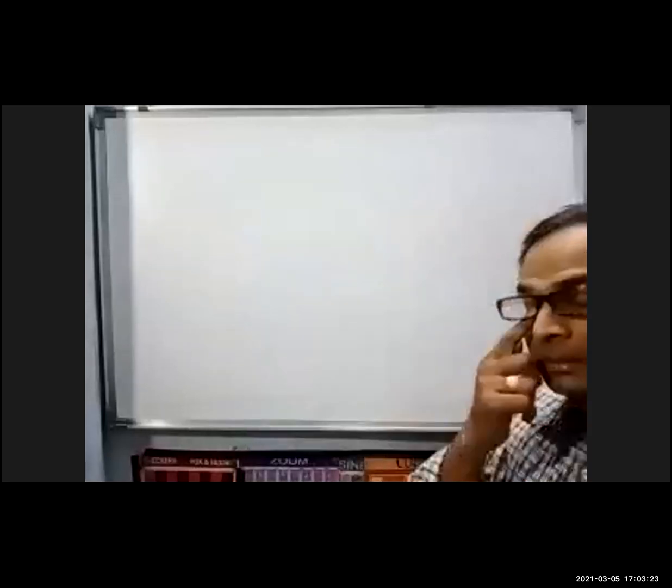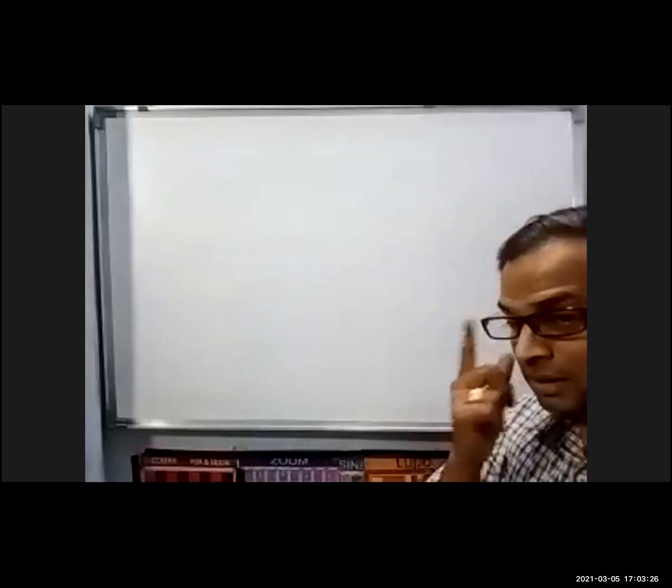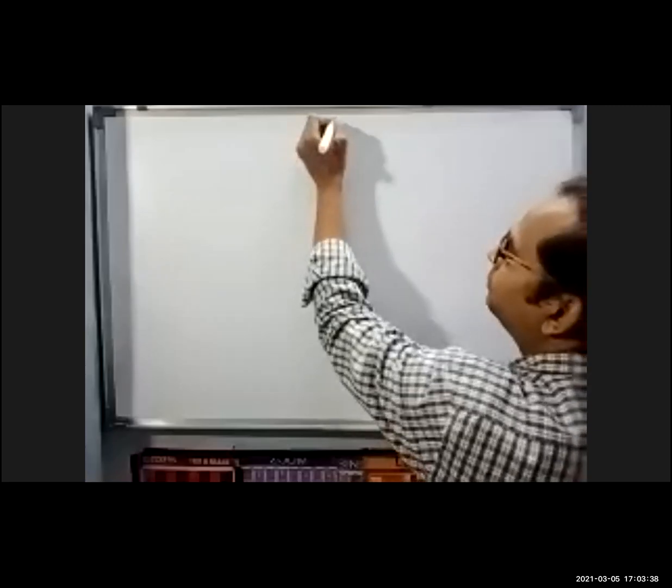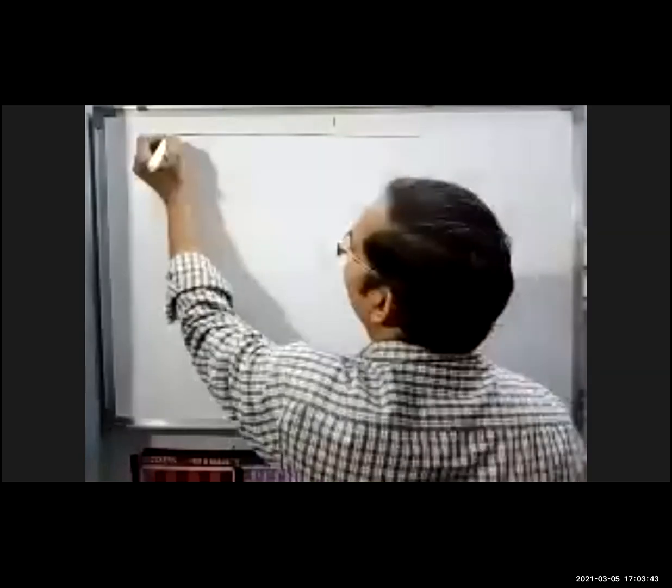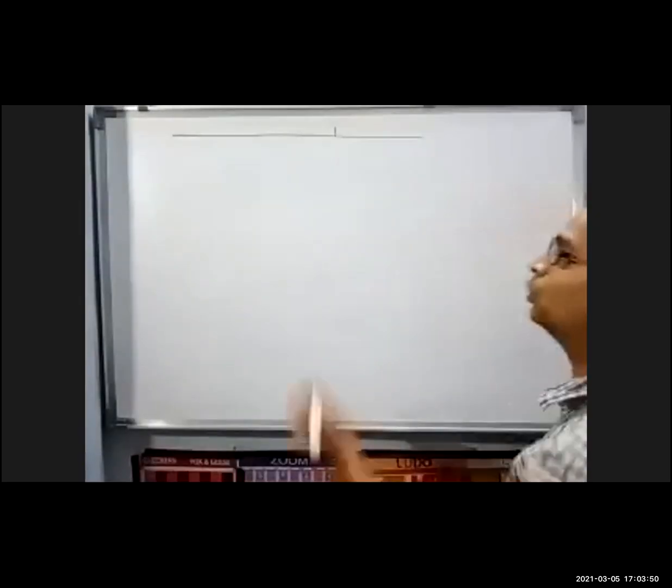Yes, I gave one tree diagram about the total bones present in our body. Do you remember that? Yes, children, tell me. You all remember that classification, that chart I gave you? Have you noted it down? Yes. Total number of bones in an adult, how many are there? 206. Yes, that you know.